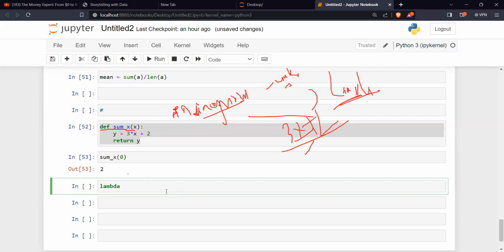What was the function that we had written? y is equal to 3 times x plus 2. How many parameters did we have? One. So I'll say lambda x. Lambda x means I want to only have one parameter.